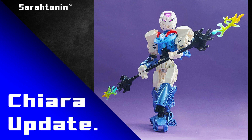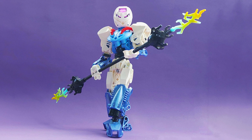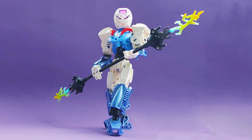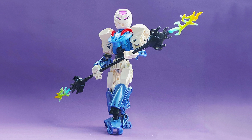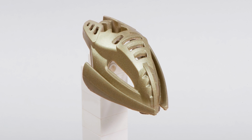You know, that was my thinking. Maybe I could do what Serotonin has done here and use these Super Battle Droid pieces for an exquisite and unique color scheme. Then I just place my sand blue Miru mask on their face, and it's gonna look awesome. That's my plan anyway. Now, kind of tangentially related to that, I also bought a cool looking Makuta mask in